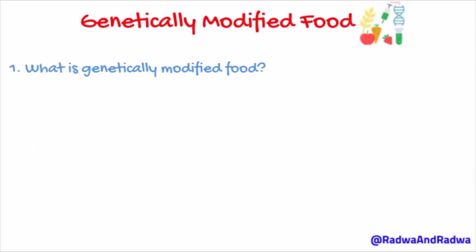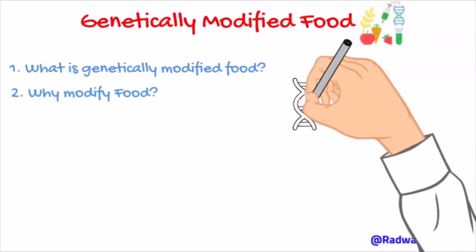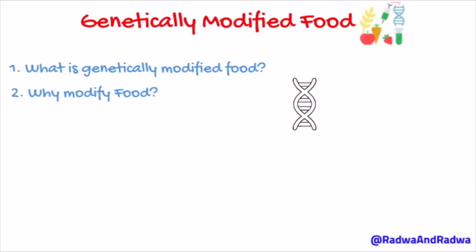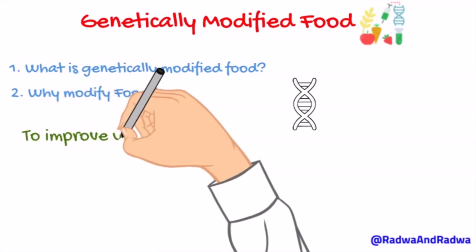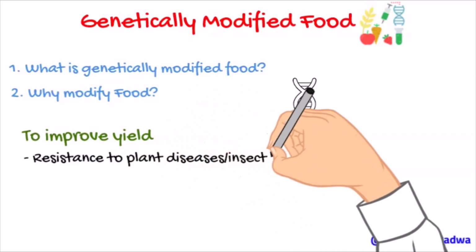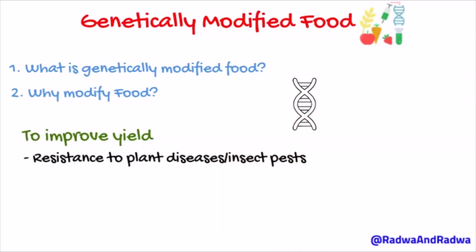That's very interesting. So, why genetically modify food? Many people think it's much better to leave it the way it exists in nature. Isn't that true? That's a really good question. I think there are a few scenarios why we might want to modify the genes present in the plants we consume. Let's tackle some of these scenarios. The first option is maybe we want to improve the yield. We know that some plants are susceptible to certain diseases or insect pests that could potentially wipe out all the crops that we have. So that would be a big problem for mankind in general, not just for the farmer who planted these crops. And so we can use genetically modified plants to allow them to be resistant to these